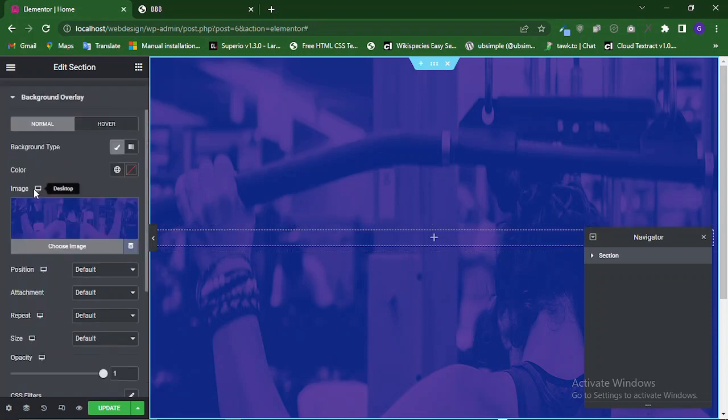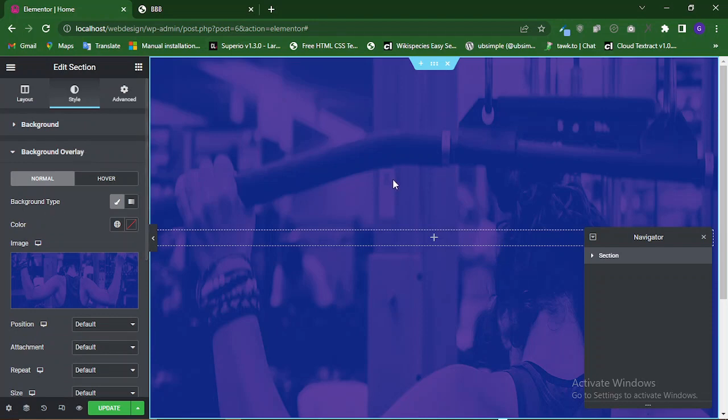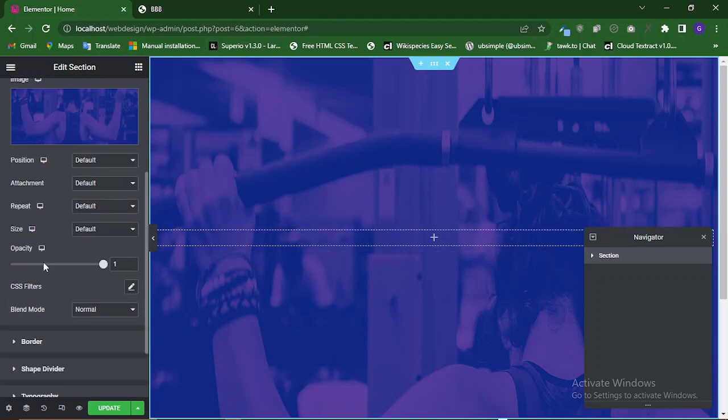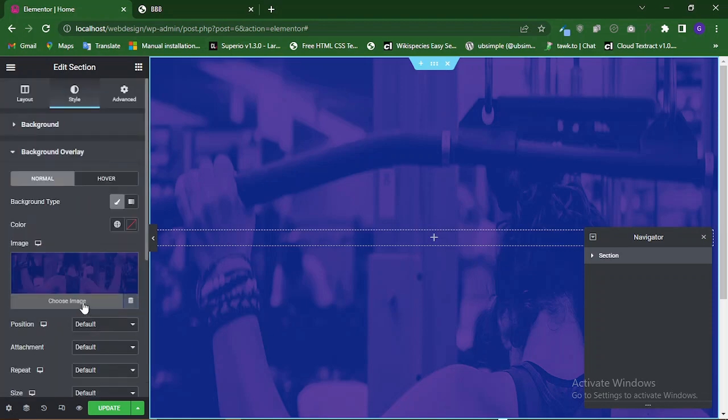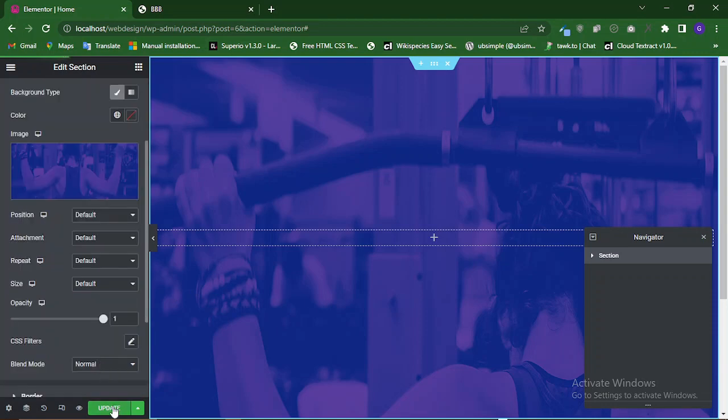Okay, but since we are using background overlay, it will act as opacity itself. We are not using the background directly, to avoid adding opacity on top of this image. So the opacity will still be there because we are using background overlay, even though we've set opacity to 1 as if we are not using opacity. So we'll leave this blend mode and the CSS filter, but you can play around with them. Okay, to keep the video short, I'll just summarize everything. Now update this and let's check